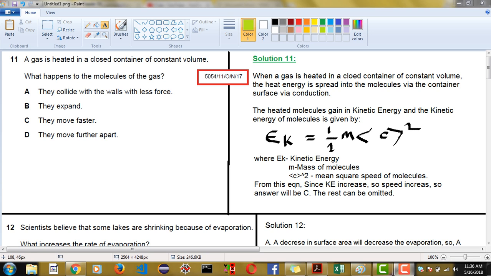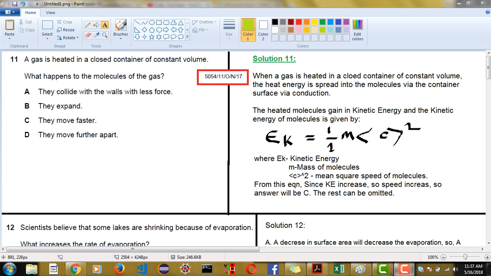Now number 11: a gas is heated in a closed container of constant volume. What happens to the molecules of the gas? Normally when a gas in a closed container is heated at constant volume, the heat energy from the outside enters the molecules of the gas via the container surface. This happens via conduction. Now the heated molecules gain kinetic energy,